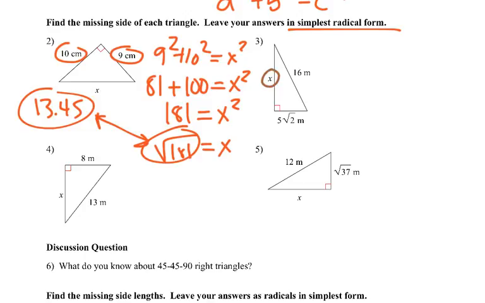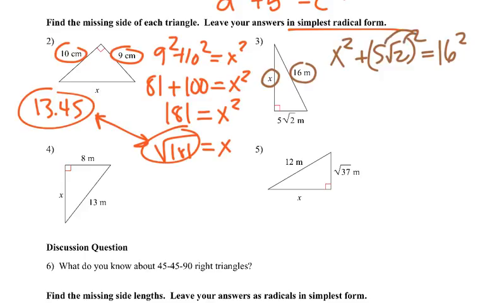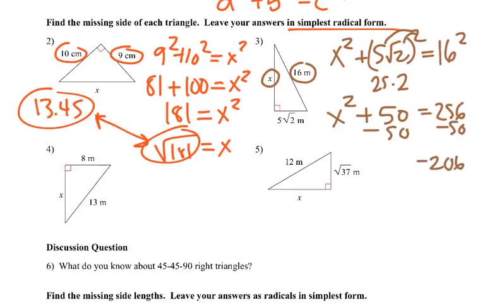Okay, number 3, now let's take a look at number 3. So, this time we want a leg. So we say x squared plus 5 square root of 2 squared equals 16 squared. Now, 5 square root of 2 squared, we square each one. Square root of 2 squared is 2, 5 squared is 25, so we'd get 50. And 16 squared is 256. So we'd subtract 50, so we'd get 206 equals x squared. Take the square root of that, and we would get, if we typed it into a calculator, about 14.35. However, if we're simplifying that,